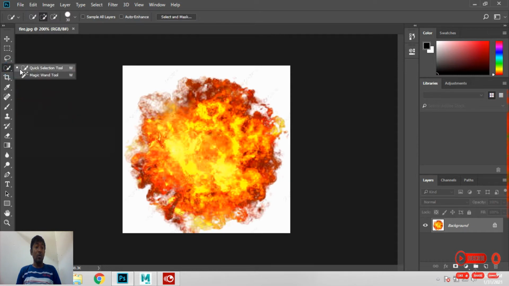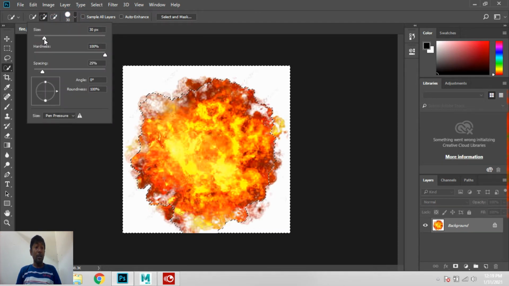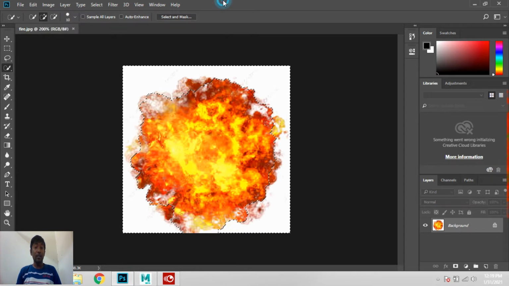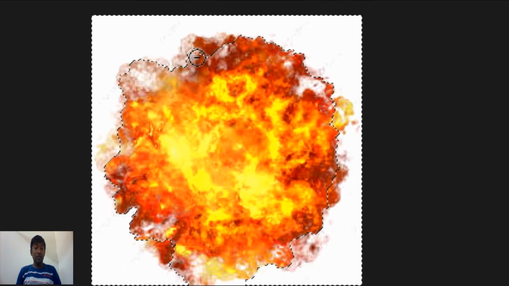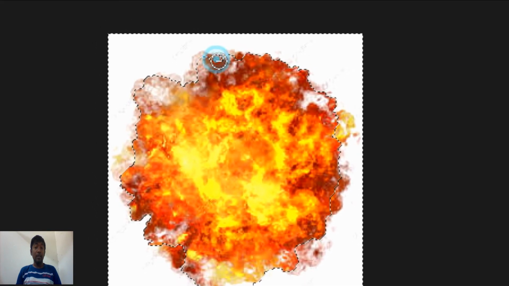Now go to Quick Selection tool, select the background, press Alt, decrease the quick selection tool size, move it back.